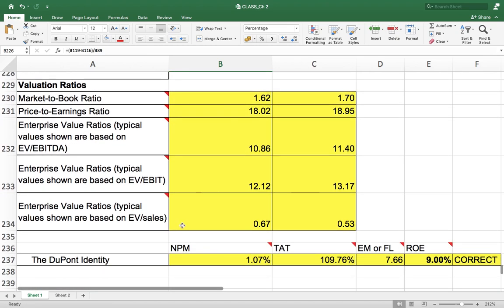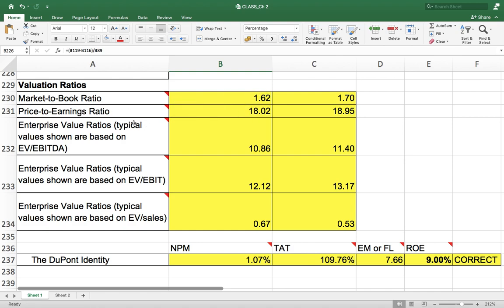So the last category of ratio is valuation ratios, which talk about the market values, like the market to book ratio we have seen in the last lecture, market value of equity divided by book value of the total equity. So market value to book value is 1.62. If it is very high, it is a growth company. If it is low, it is a value company. Here we can find it is a value company. Again, it is decreasing, so it is a value company.